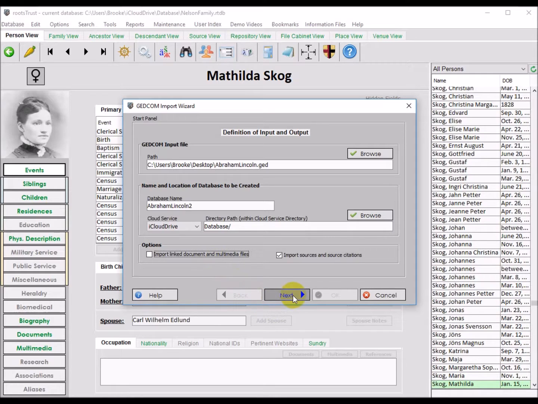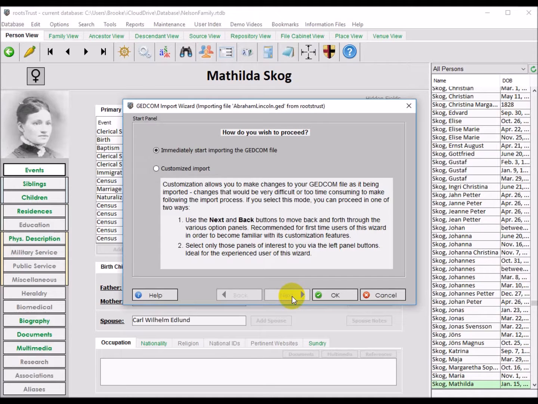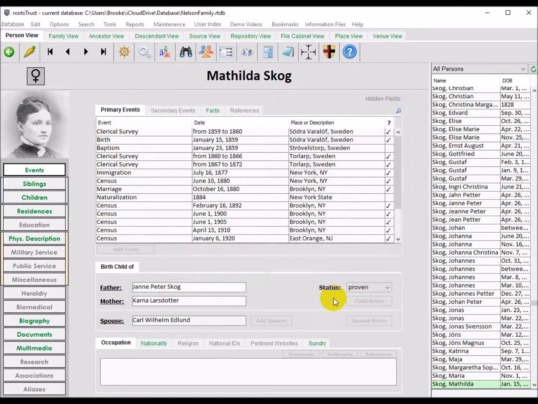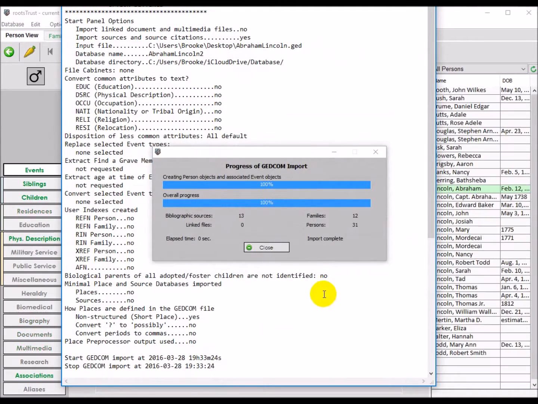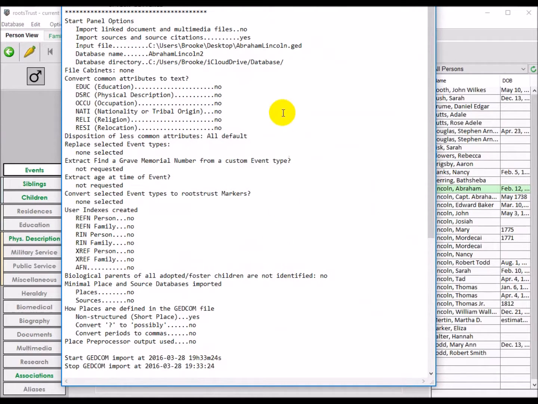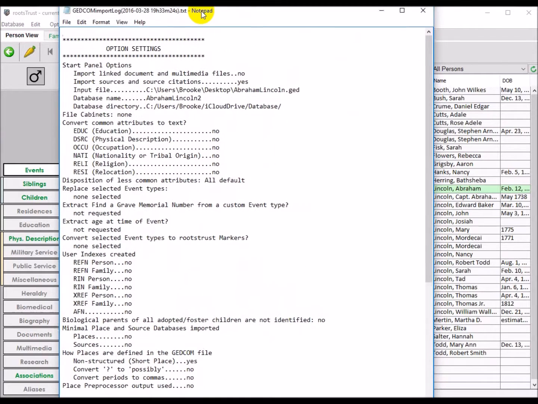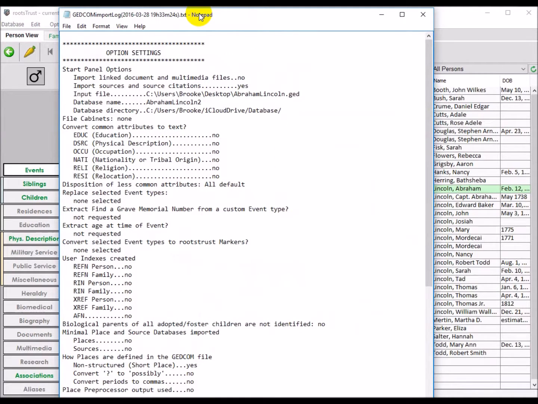Now I click on the Next button, which takes me to a decision panel where I have the opportunity to proceed directly to the import process or to do a customized import. I will go with the default and start importing right away. So the import process didn't take long and produces an import log file that contains a list of the options